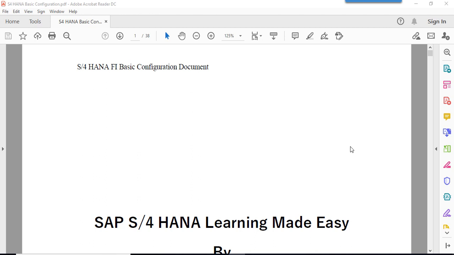Now we are going to create one new company code in S4 HANA. The main objective of this S4 HANA configuration is to explain the changes that happened between ECC and S4 HANA, so that you can be able to configure even in S4 HANA server. Whatever topics we discussed in FI ECC, the same thing you can do in S4 HANA. That is the main intention of appending this S4 HANA configuration to the existing course.